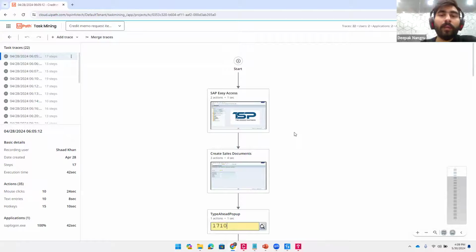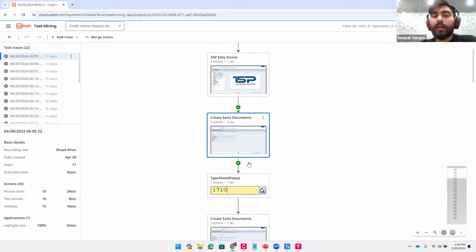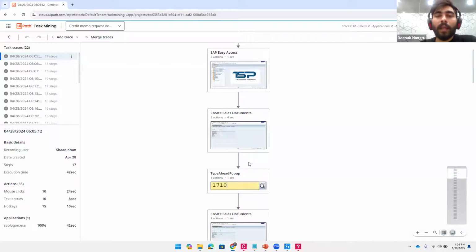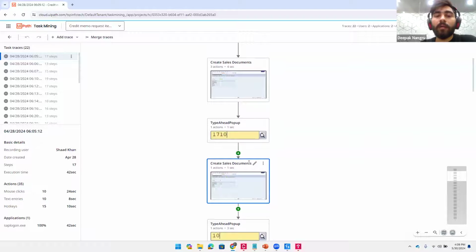Like because sometimes it happens we have the traces, but when the BA is analyzing things and we have to create certain SOPs, standard operating procedures, then we have to make some changes in the flow. In unassisted, we are not able to do that because it is completely analyzed by the machine learning model.